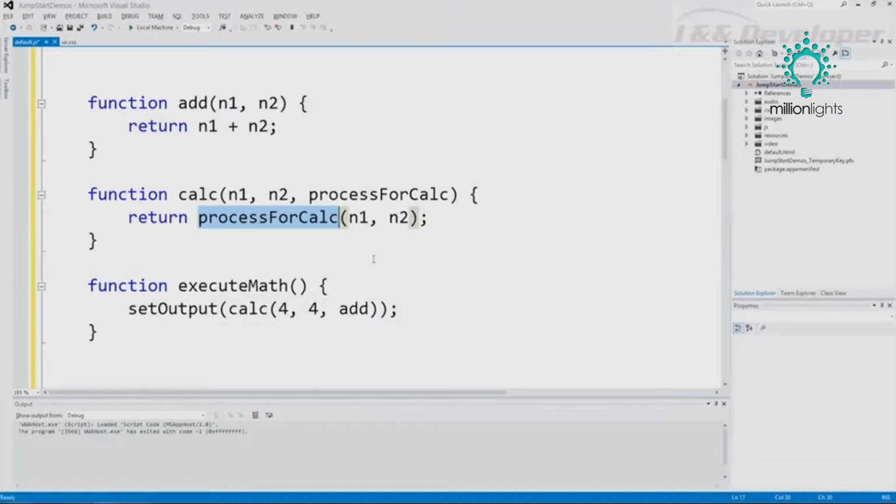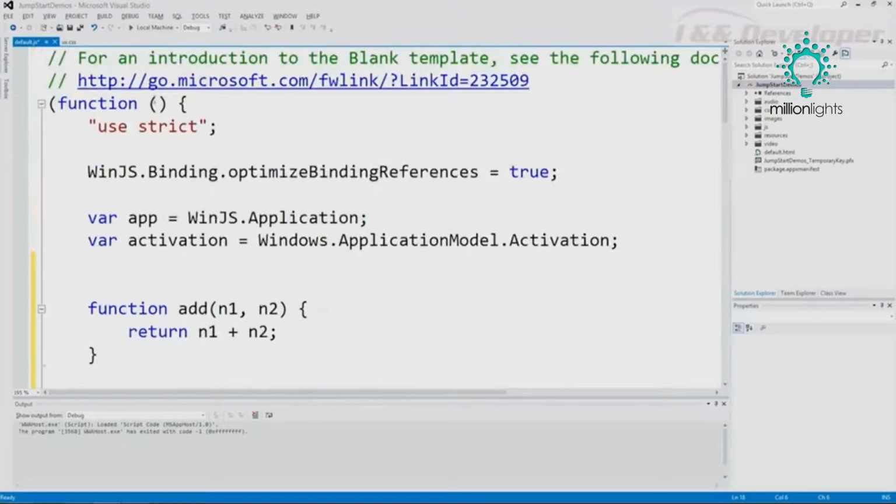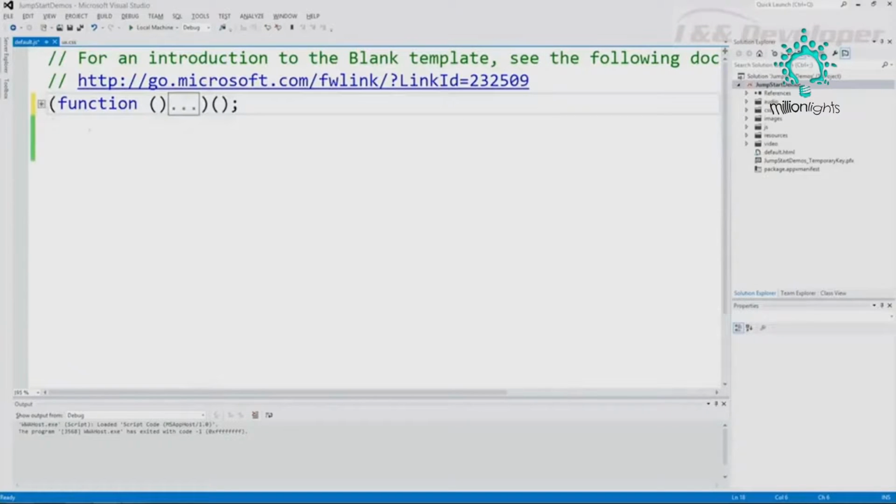So again, for people who've been doing certain types of languages, whether it's function pointers or delegates in C#, this is just a way for us to say, I want to pass the functionality in for those particular calls. So little syntax there, hopefully to help the developer community out there see some of the powerful features of JavaScript. I'm going to collapse that whole line again just because I want to emphasize in many cases when you're